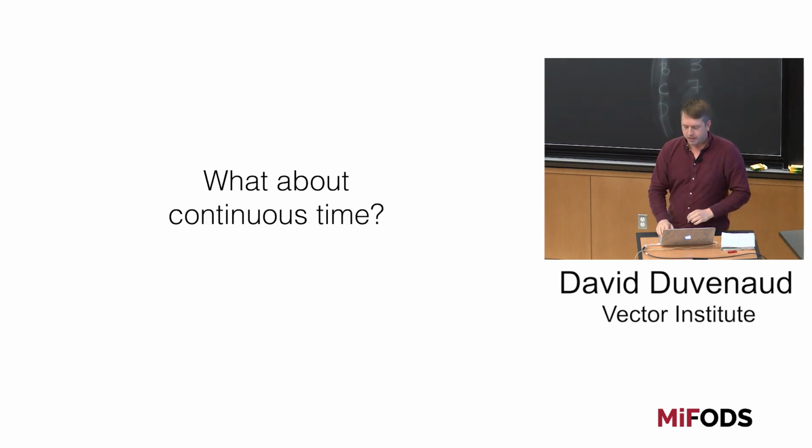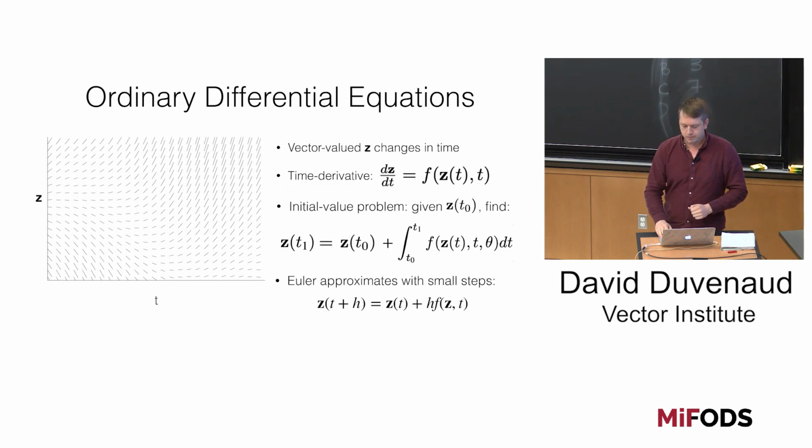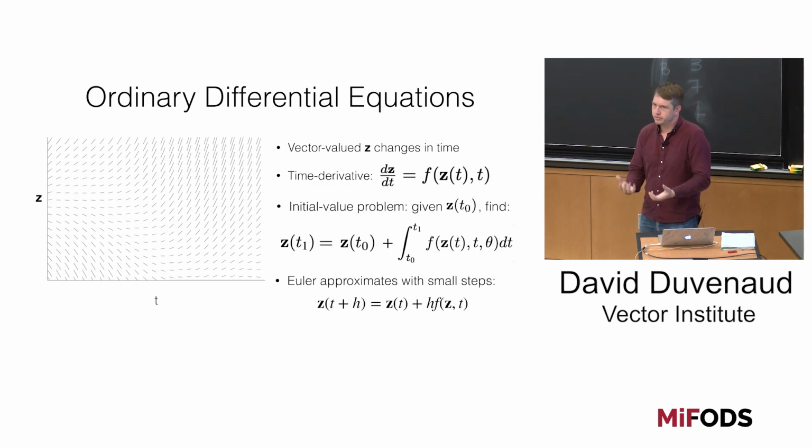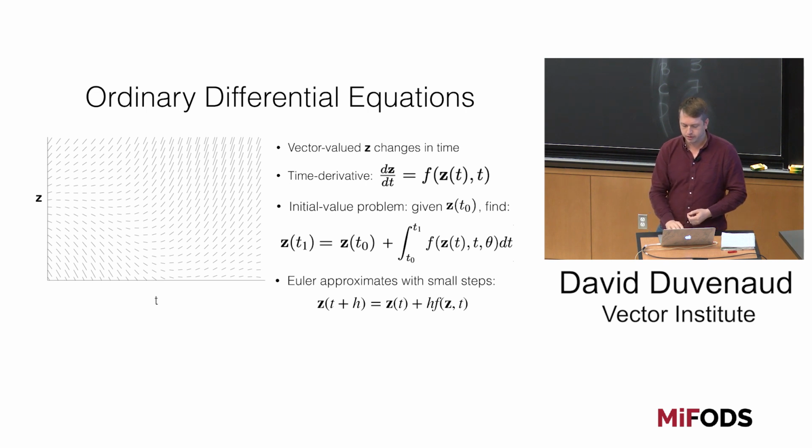All right. So how do we extend this sort of model to continuous time? Well, obviously one set of tools that is custom made for this setting is ODEs, where we have, again, a vector valued state of our system, but now we're going to say it changes continuously in time according to some function that we're going to specify. And every function or probability distribution in this talk, I'm going to say can be parameterized by a neural network or whatever you want, and we can always fit this by stochastic gradient descent as long as we can compute our marginal likelihoods. That's just taken for granted.